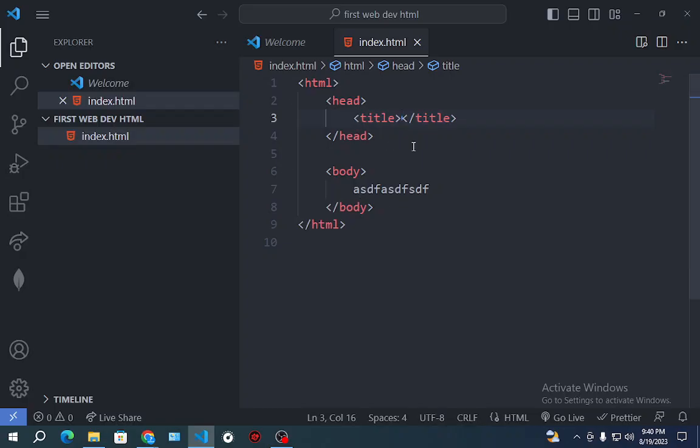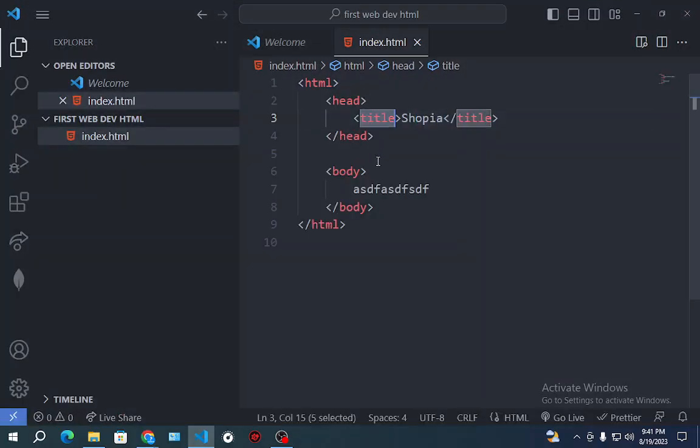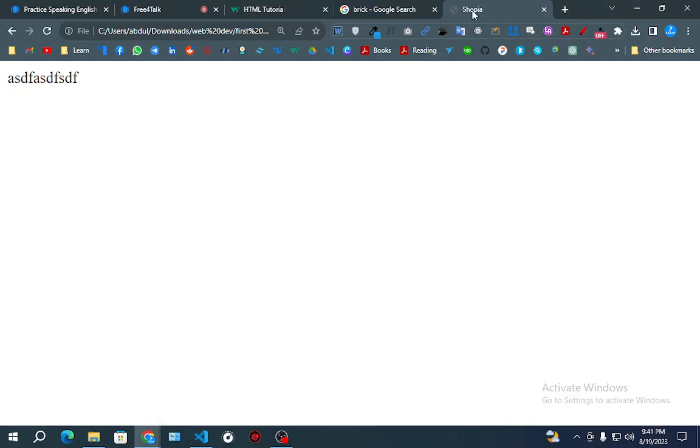So we change the name of this website to Sophia. Okay, so this is the name. Right now we named the website Sophia inside the title tag. So the title tag is all about this one. You see the tab. Inside the tab we see the title. Now if I refresh, it will become Sophia inside the title tag. Inside the title tag, if you type anything, it will change here in the